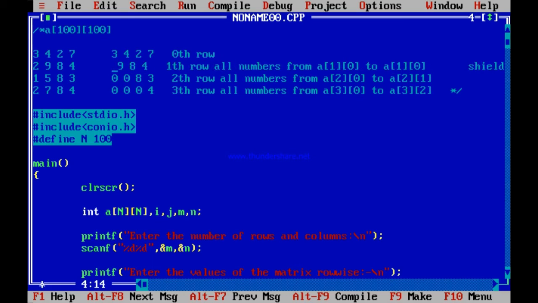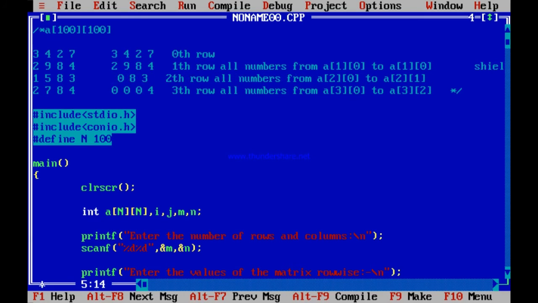That is this 2984, 1583 which it was present initially. Just one last thing. 2784. Everything above the diagonal. What is the diagonal? 3, 9, 8, 4. Above the diagonal converted to 0.